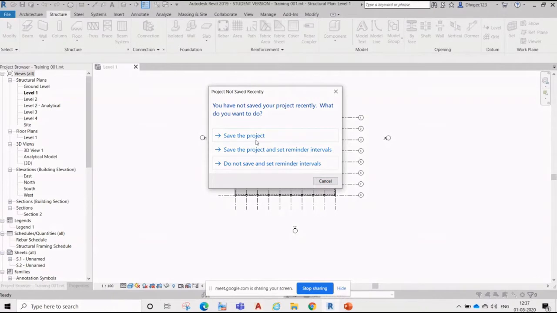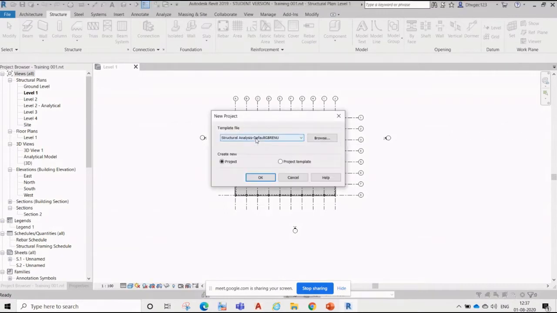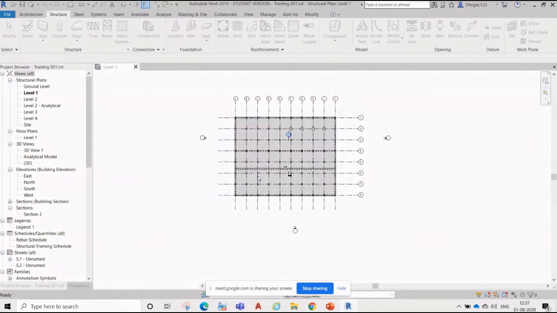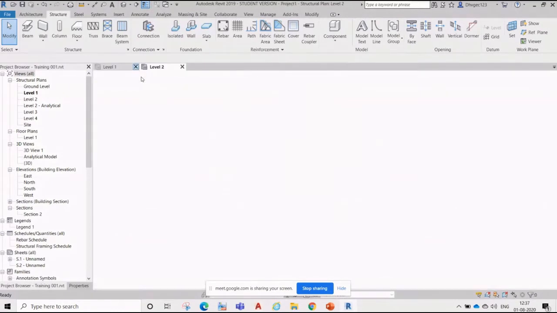Structural project. Right. So we can close the previous one.